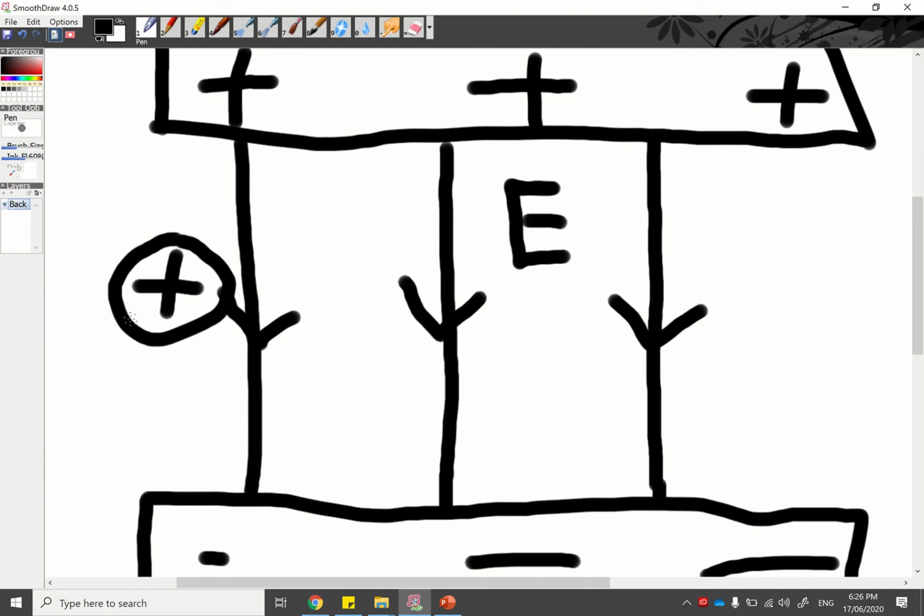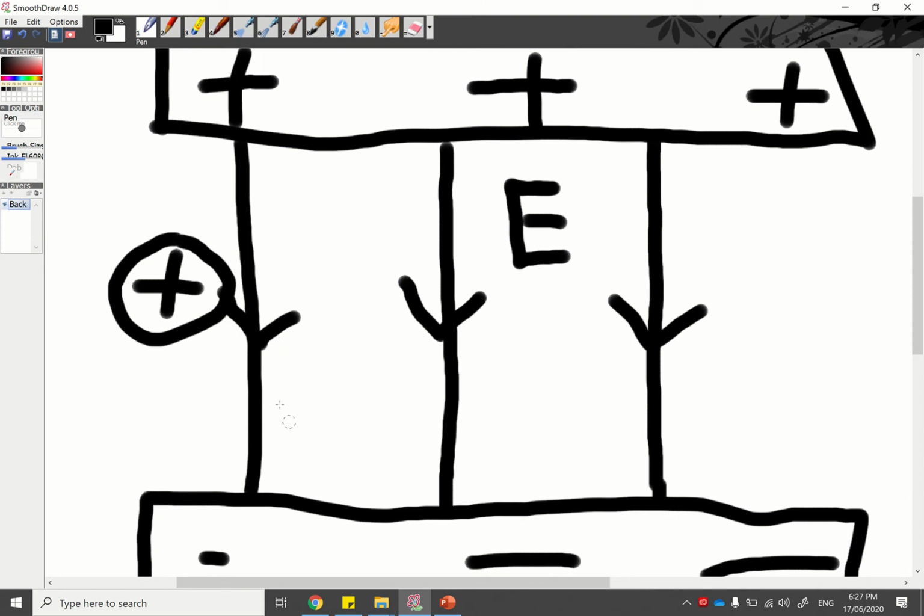So to figure out the acceleration, we figure out the force first. So that's F equals Eq. F equals the electric field between the plates times the charge of this proton. So that gives us the force. And using this force, we do F equals ma to get the acceleration. And then using the acceleration, we can do all sorts of calculations, like how long it takes to reach max vertical displacement, all sorts of stuff. So this is the motion of a charged particle